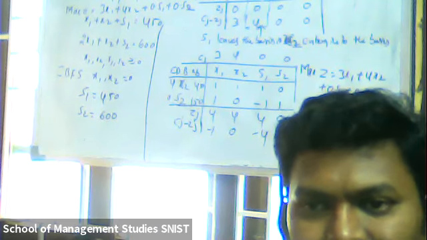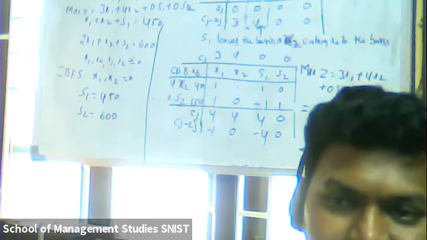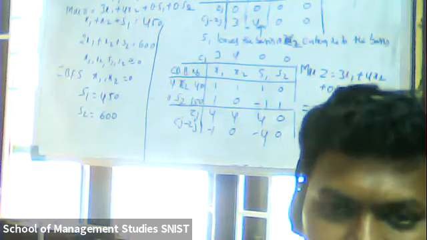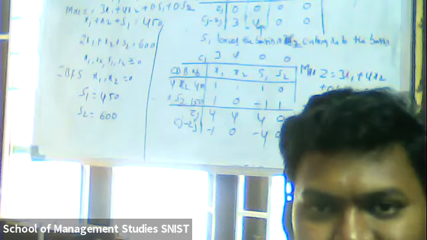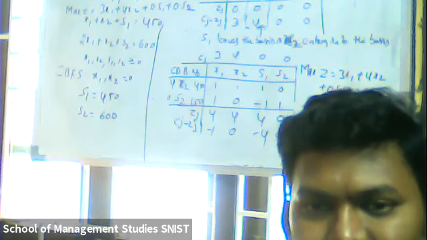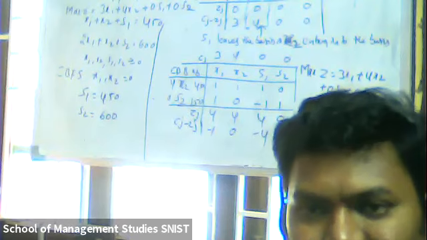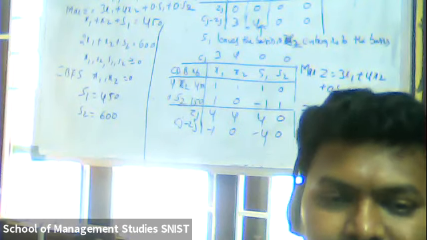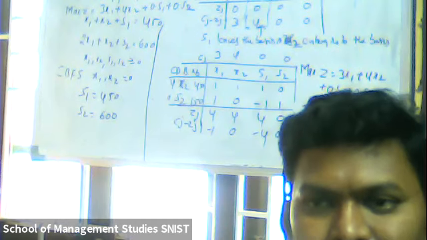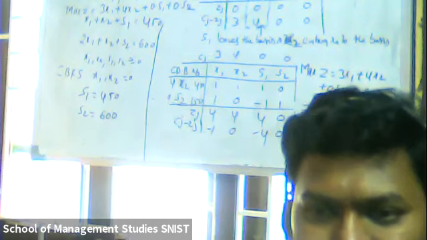Then after that, initial basic feasible solution. Then based on that, we are going to make a simplex table. Once we make a simplex table, based on that, we'll get the value Cj minus Zj. If the Cj minus Zj values are all zeros or negative, then our problem is optimal. Suppose if you did not get that, then you need to check which one is the maximum value. That maximum value will become key column or pivot column, right?